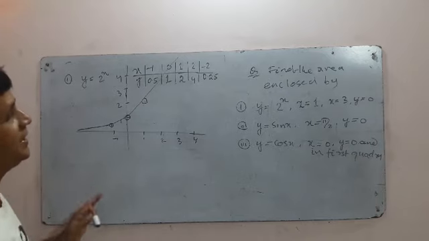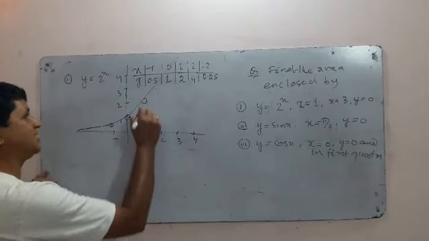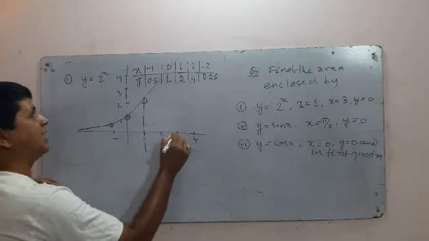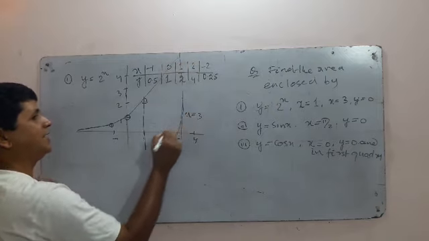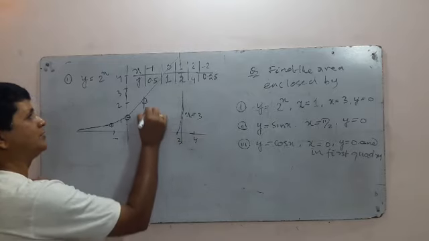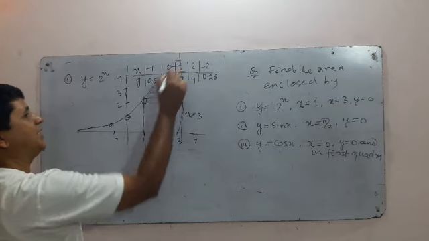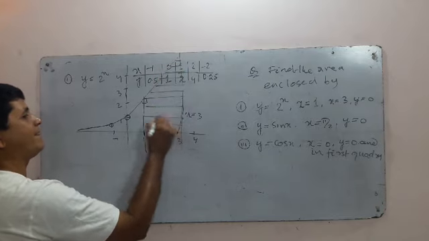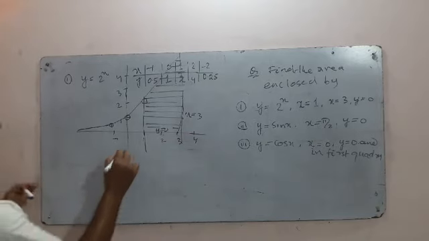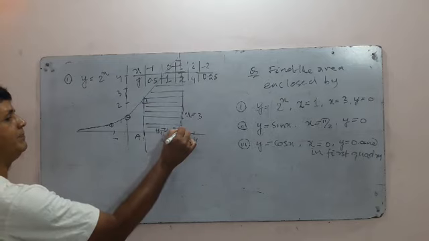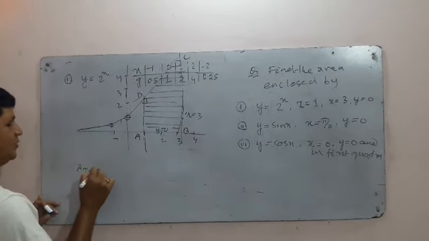Next, it is bounded by two lines, x is equal to 1 and x is equal to 3. Here is x is equal to 1 and here is x is equal to 3. And this one is y equal to 0. So which area is to be determined? This part of area is to be determined. Right, this is A, B, C, D. So area enclosed